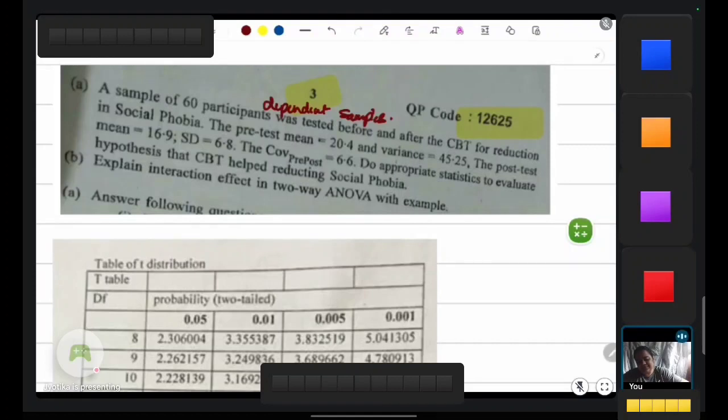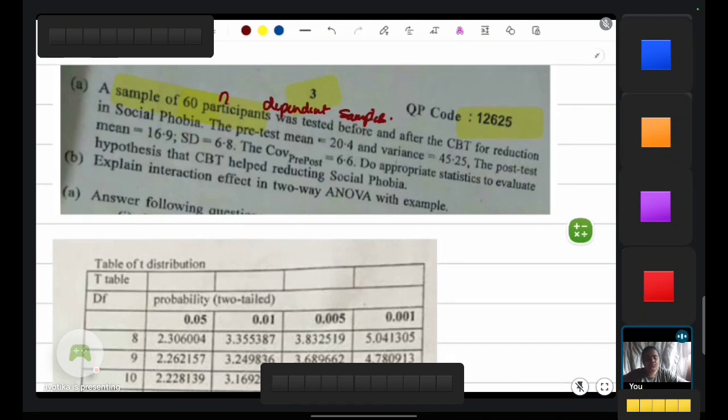A sample of 60 participants. A 60 participant sample means what? Immediately in our mind we have to note this is N. Don't make any markings on the paper. I'm making them to show you all. So, sample of 60 participants, N,